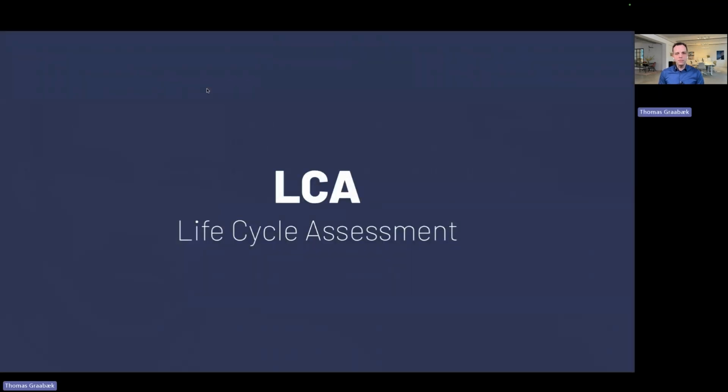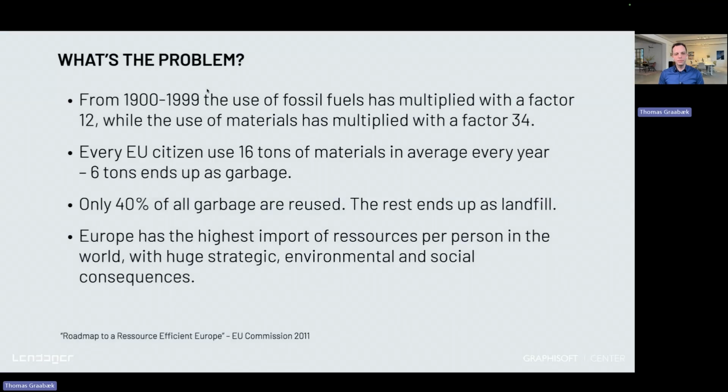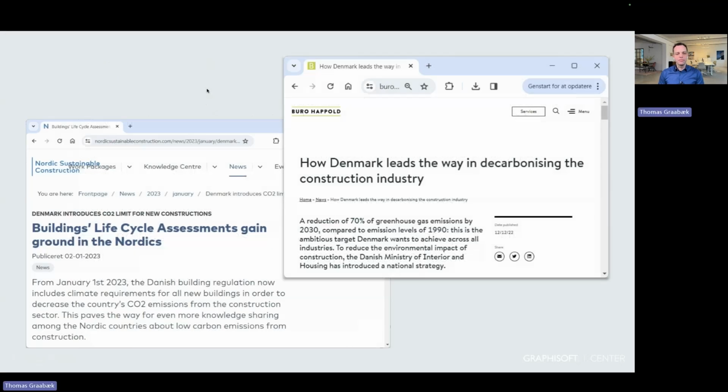So let's be a little bit more specific about what lifecycle assessment is. Generally, we have a problem. There's so much waste in our industry, and we're not very good at limiting the material use on buildings, and we have to change the way we build.